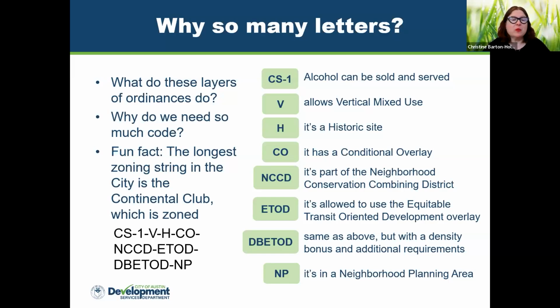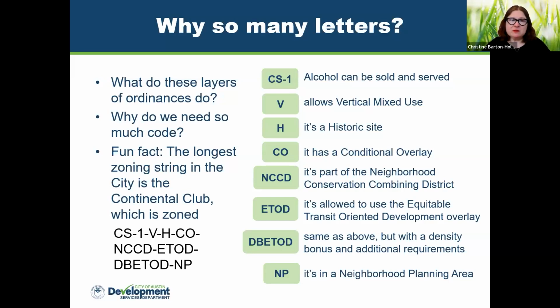There might be longer ones now, but for many years it's been the Continental Club on South Congress, which is zoned CS1, VHCO, NCCD, ETOD, DB NP. So there's a couple of other letters they could have added to that string, but they have most of them.